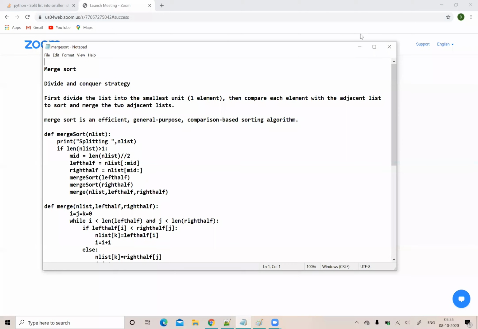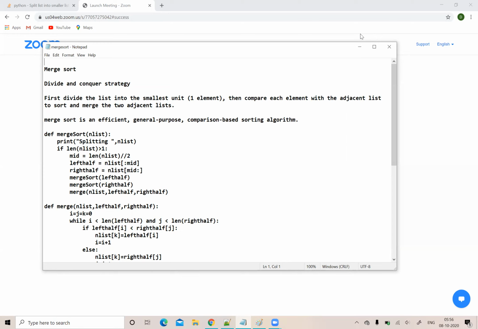Okay, students, today we are going to see about merge sort. This is one of your lab exercises in the Analysis and Design of Algorithms lab. Merge sort follows the divide and conquer algorithm design technique. It divides the problem instance into subproblems, and then we get the solution for the subproblems to get the solution for the larger problem.